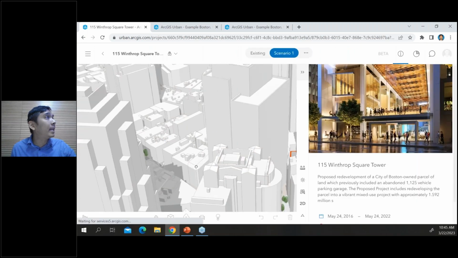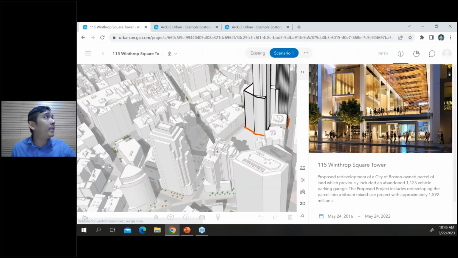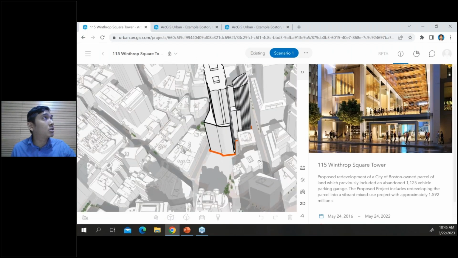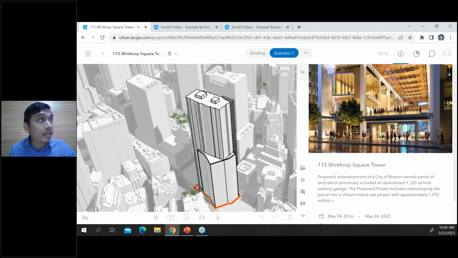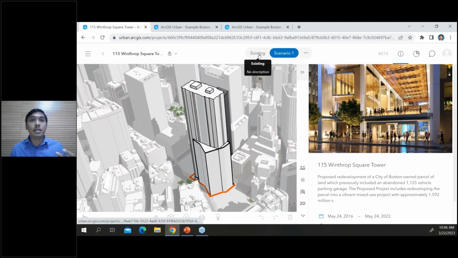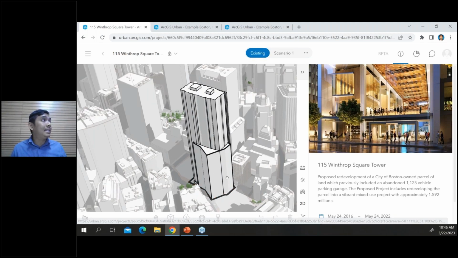And from here, we can actually see the locations of the projects. So these are the projects that are currently under construction. And on the right side here, there are the details of these particular projects. And from here, we can actually see the existing condition of the project. So let's say I move to the existing condition of the project,